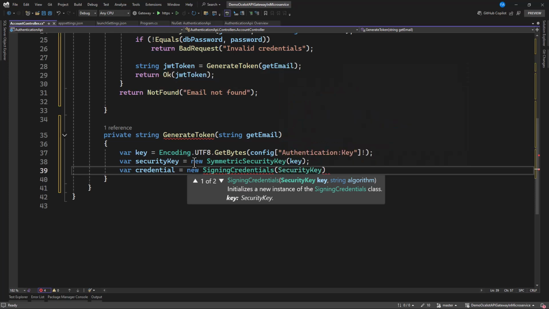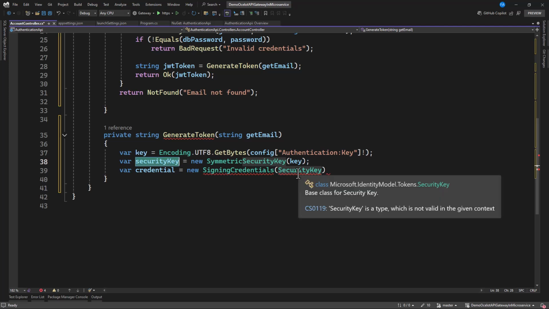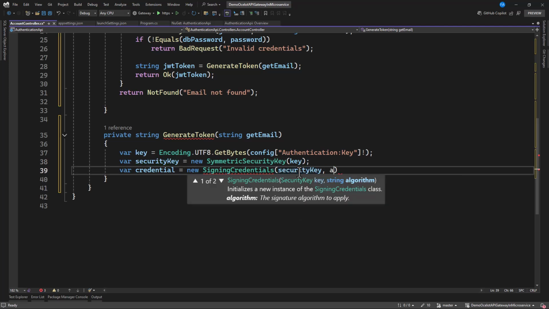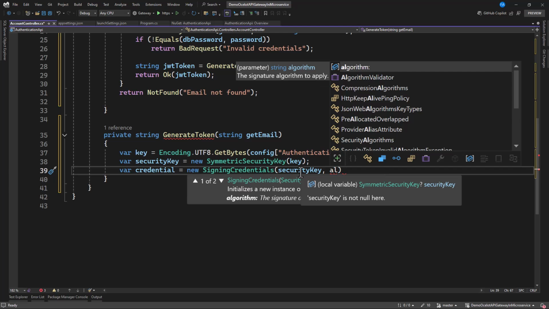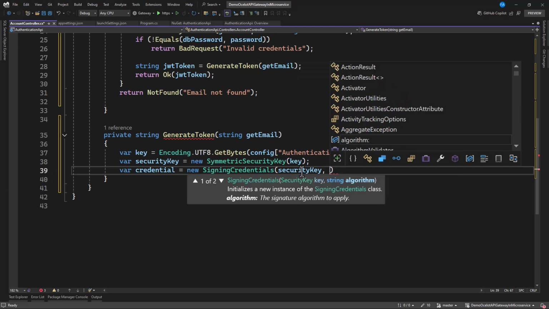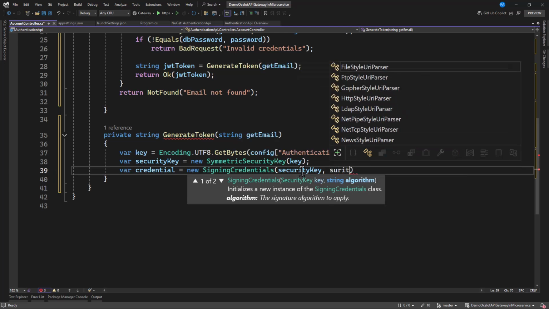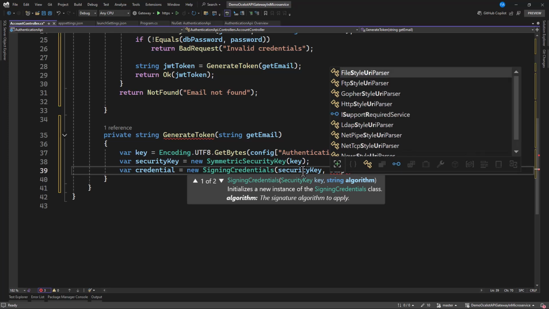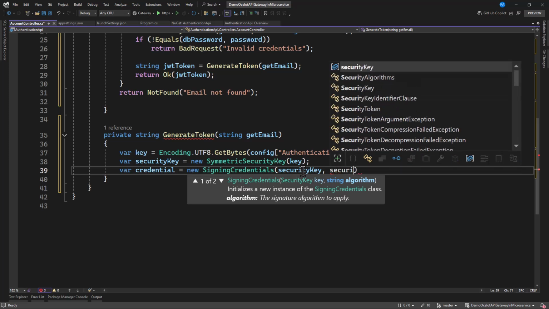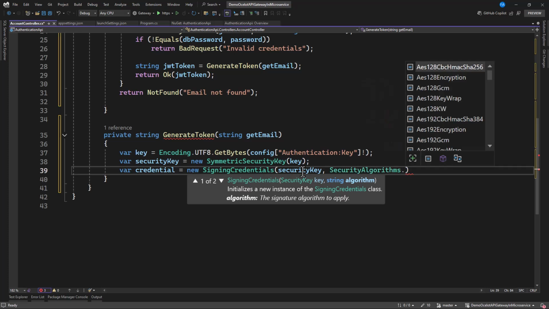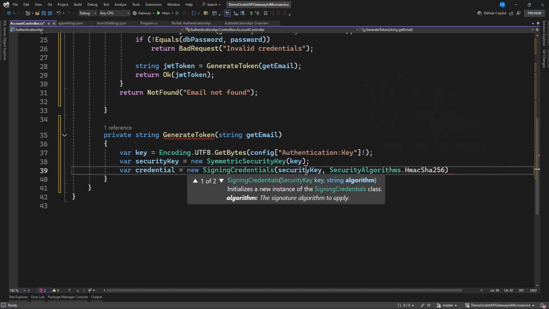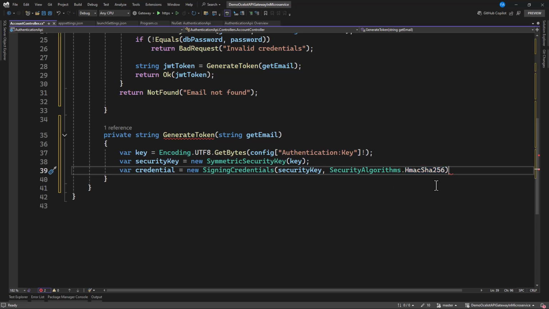This is the security key that we have, so let's paste this in, and we need the security algorithm. Let's use the HMAC256. Okay, then let's have our claims.